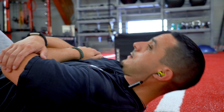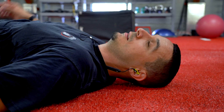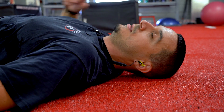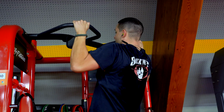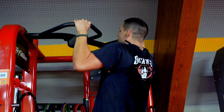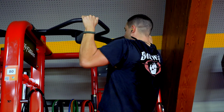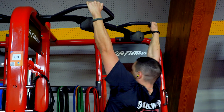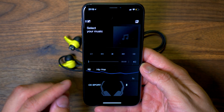So you're really not gonna get a nice representation of any of the low end bass frequencies in these headphones. It's just not there. I will say that the highs and the mids are represented really well, and you can hear clear separation of sound between all those. I heard some stuff on these that really surprised me that I've only heard on my headphones at my workstation in my office. As far as sound goes on the CX Sport by Sennheiser, let's talk a little bit about